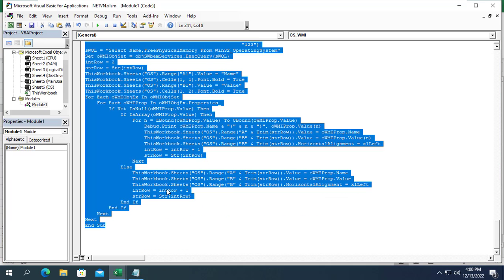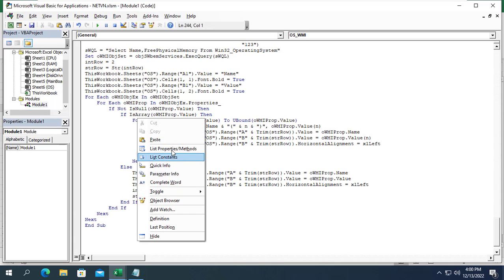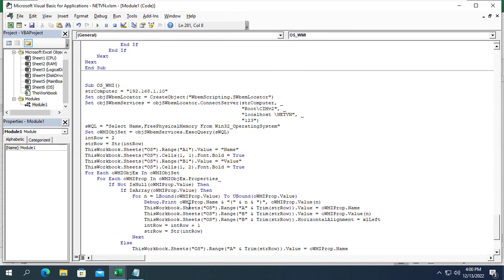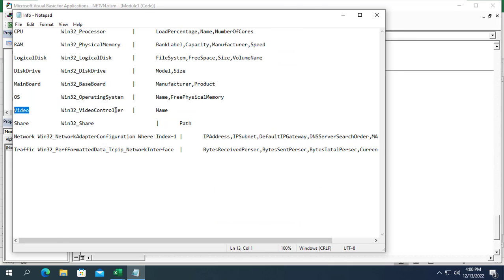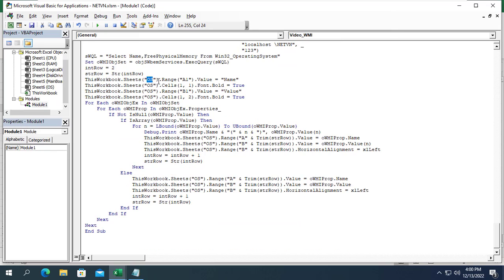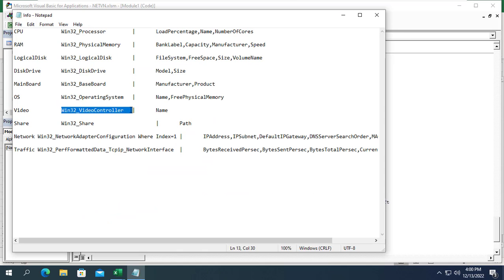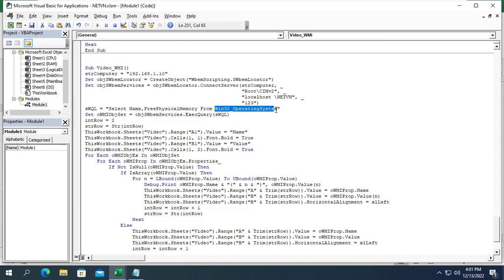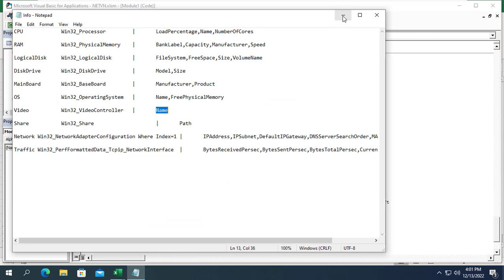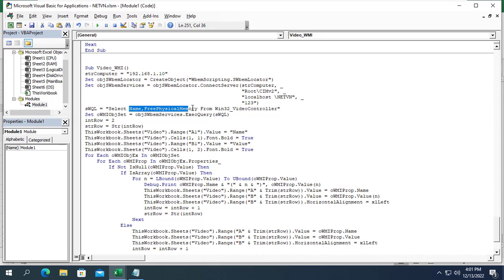The next information I want to know is the video controller of the target computer. Here I don't need to get information like memory, number of colors, but only the name of the video controller.